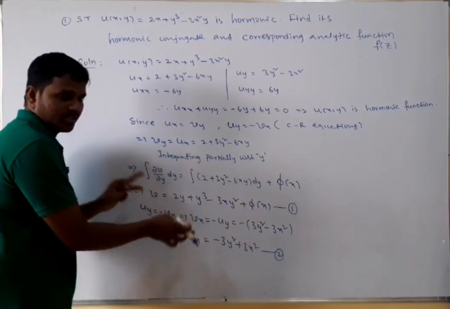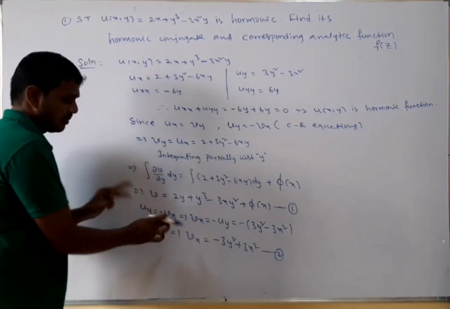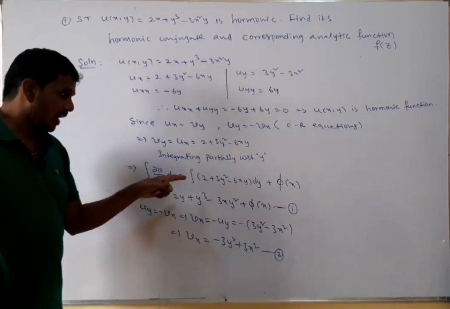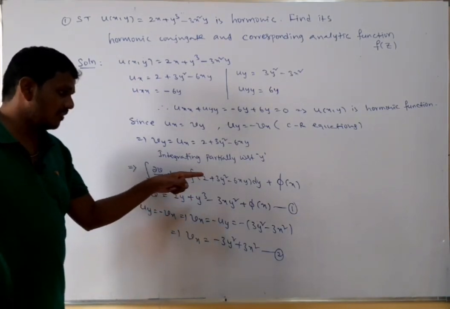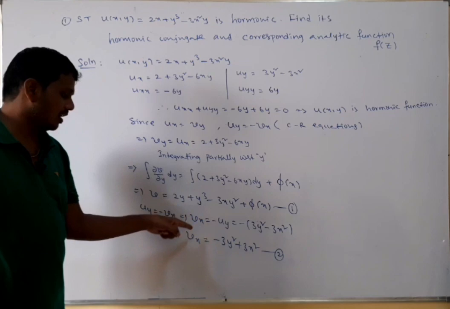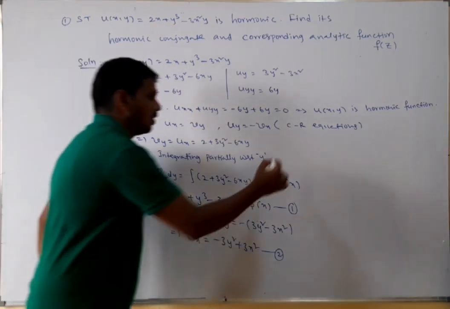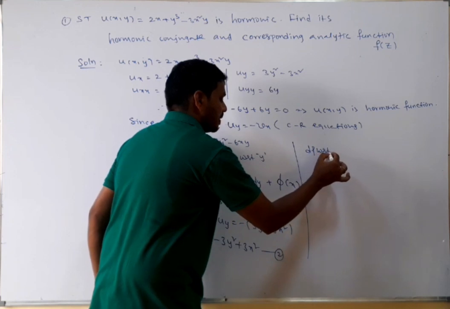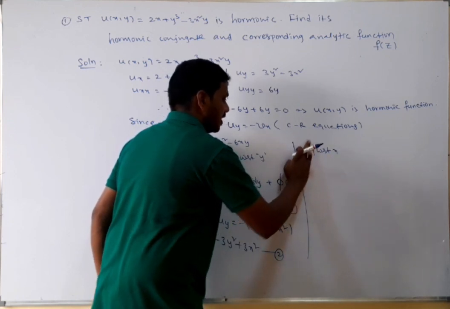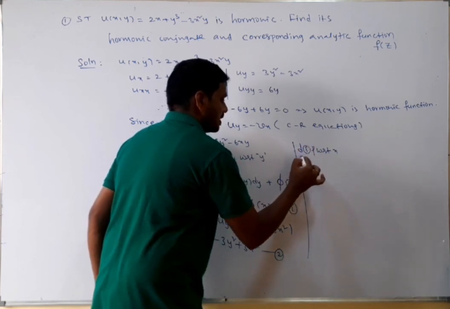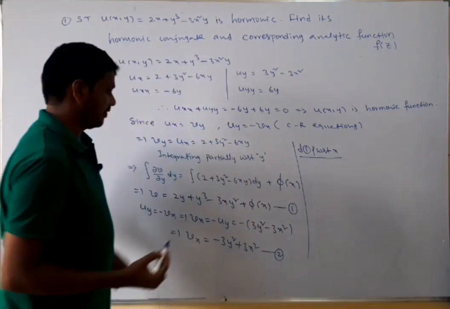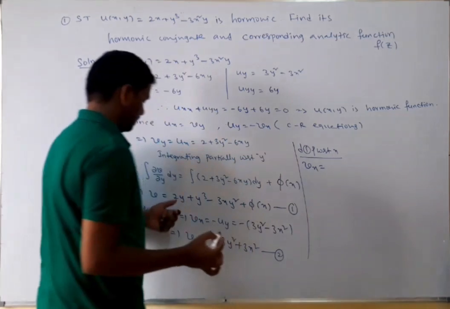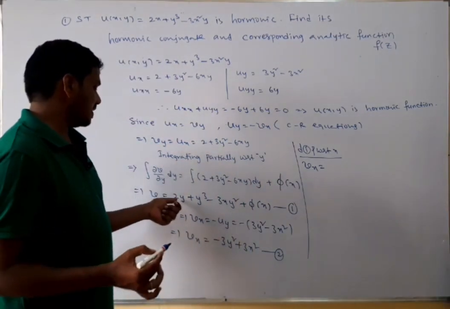This is very important. This step and this step is very important. We have v, here we have vx. If I differentiate partially with respect to x for equation 1, you will get vx, right? Now differentiating partially with respect to x, differentiating 1 partially with respect to x. So what we have? vx is equal to 2y, derivative is 0,